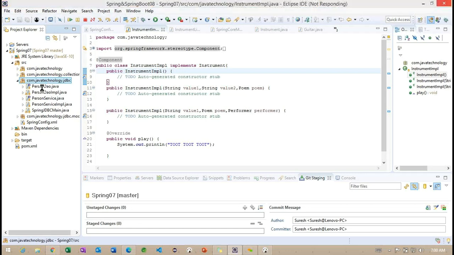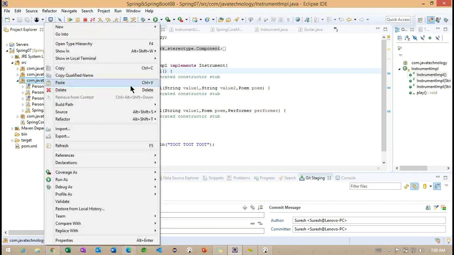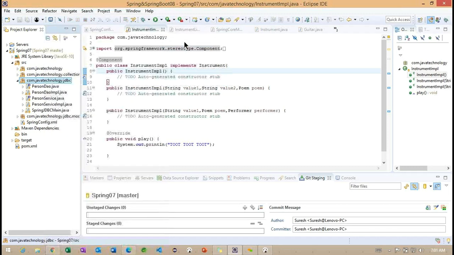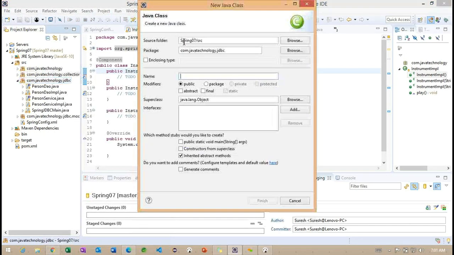So let me create the JDBC configuration.